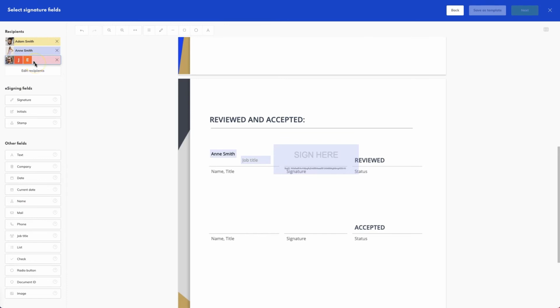Since there is only one signature required from this group, all the fields that I place represent the group, and whoever is going to end up signing the document will enter their details and place their signature. So since we don't know who is signing, they will need to enter their name and also their job title. And now we have prepared all the fields, so we can go to the next step.